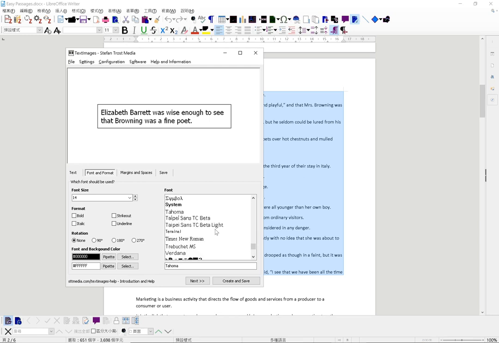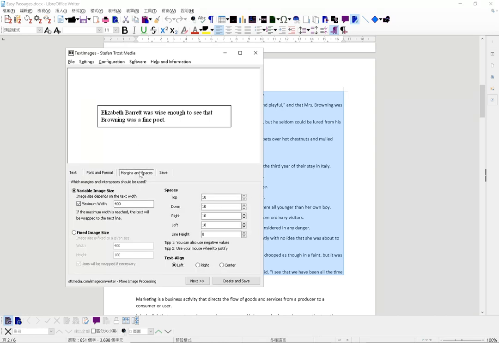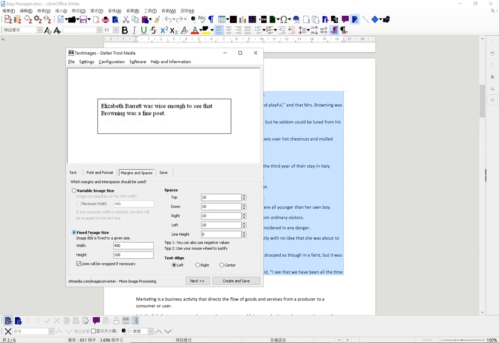Times New Roman, here we are. Then in the next panel, we could decide the size of this image file. I fix all the image files at